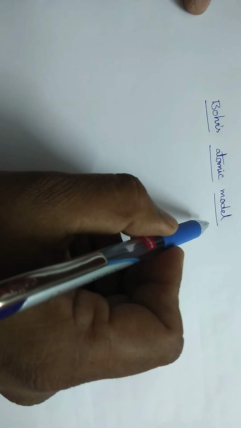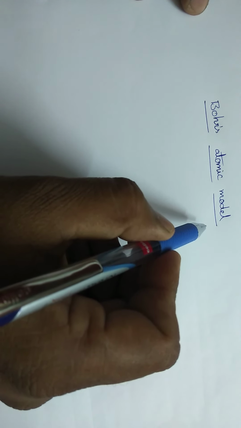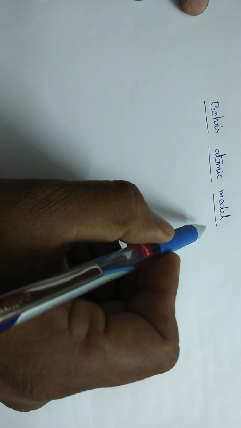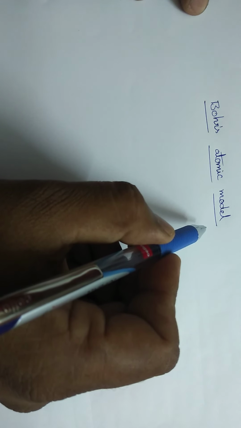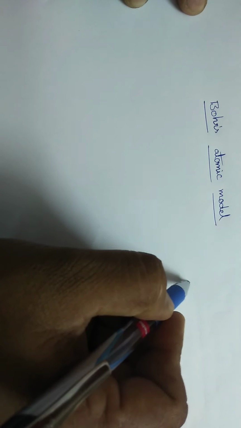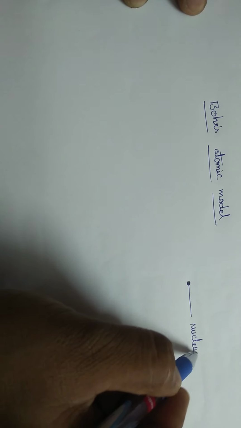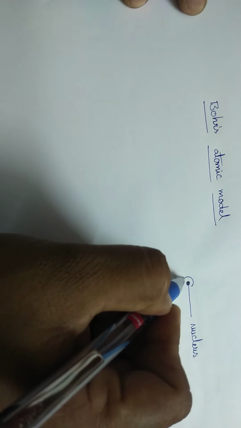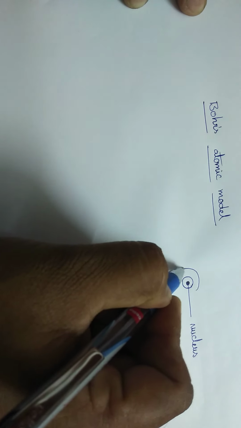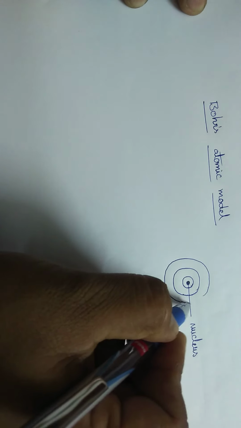He explained the position of the electrons around the nucleus, the stability of the electron, and the arrangement of protons and neutrons in the nucleus clearly. According to Bohr's atomic model, the center of the atom is the nucleus. Around the nucleus, an electron which is revolving around the nucleus in a definite circular path is called